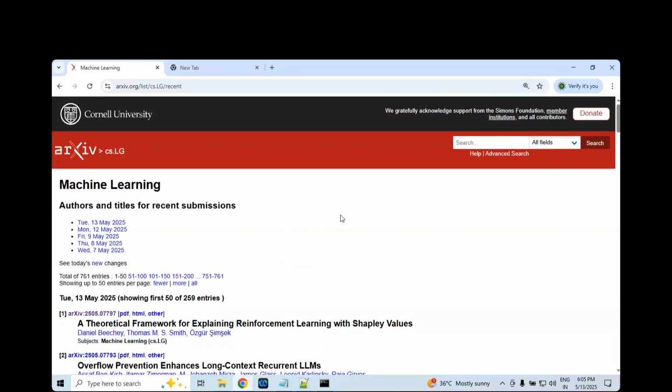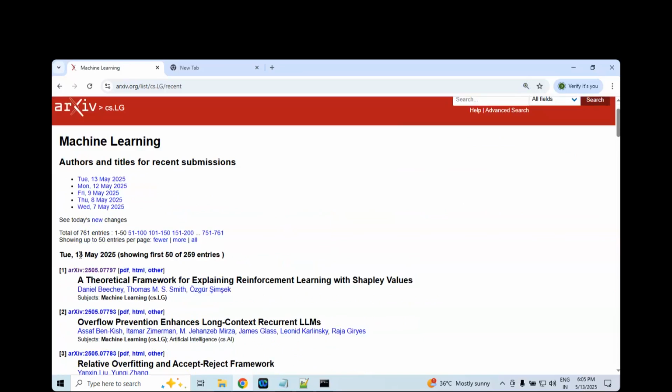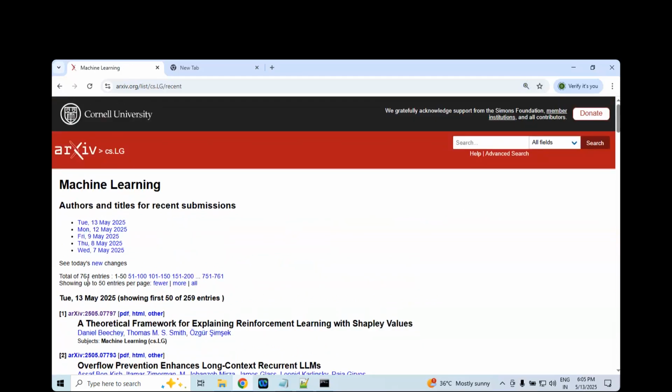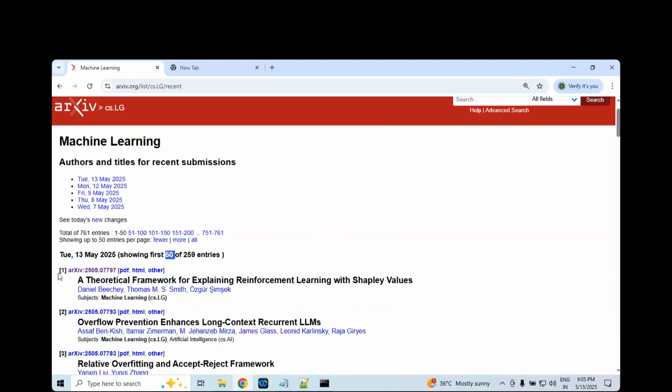Here you can find papers. Maybe today, what is the date? The 13th. Somebody created a machine learning research paper today. Make a note on this one: total 764 entries. What is an entry? Showing first 50 of 259 entries. There are paper number 1, paper number 2, paper number 3.